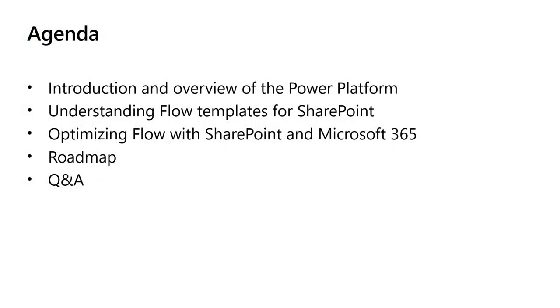So today, we're going to begin by taking a look overall at the Power Platform, which of all of our tools for building business apps is obviously central to our mission, central to how we're talking about creating business apps here this week at the Business Applications Summit. Then we'll take a quick look at Flow templates and some of the core alignment that you need to be aware of, some of the best practices for how to manage Flow at a top level, in particular through the Flow portal. From there, we'll pivot and look at how Flow interacts with M365, particularly with SharePoint lists and some of the core capabilities there. We'll wrap up by taking a look at the roadmap and reserve some time for Q&A.